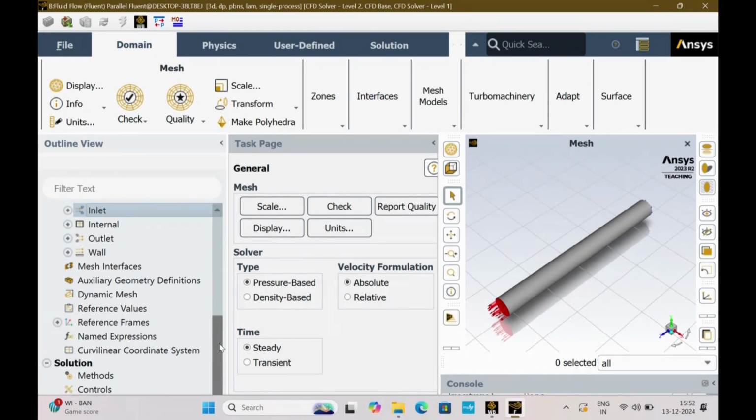Now the next step is different from the one which I showed yesterday and day before yesterday. So up till this